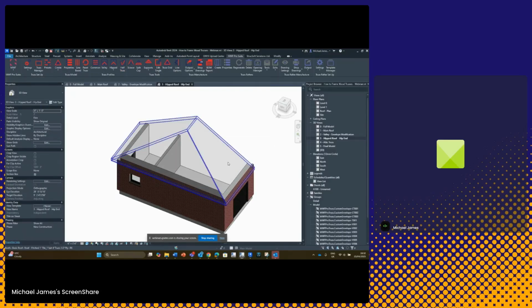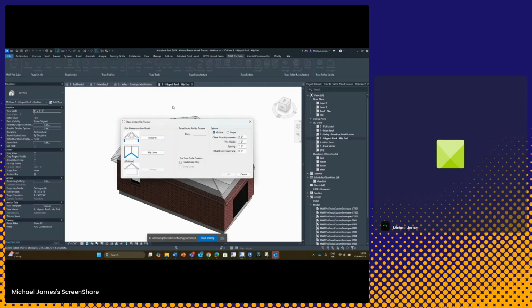So first thing I'm going to do is generate some girder members, which can be used as supporting elements for our hip end and other features for our trusses. So in MWF, I'm going to go to the Truss Profiles menu or Truss Profiles panel, where we have the hipped drop-down menu. From here, the first option is girder. So I'm going to click on the girder option,